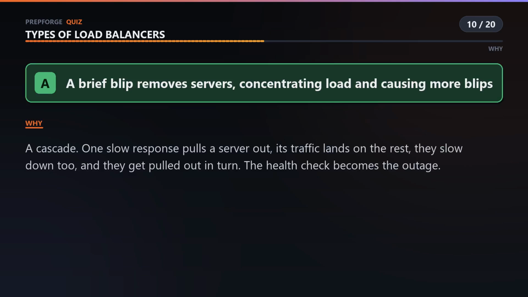One server responds a bit slowly during a blip, so you pull it out. Its traffic redistributes onto the others, which are now more loaded, so they respond slowly too, so you pull them out as well. Your health checking has just methodically removed a healthy fleet. Tuned for real failure, not for a bad half second.